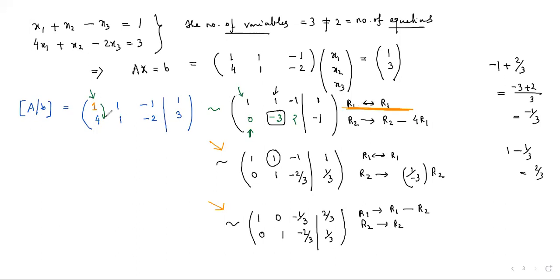My next step is to make any other element zero. This element 1 will be called a pivot element. Now below this pivot element, if any other non-zero element is there, my objective is to make that non-zero element a 0 element. So here below this pivot element, we have 0. We had 4. So we made the operations in such a way so that 0 comes over here, and accordingly other elements of the row actually got changed.